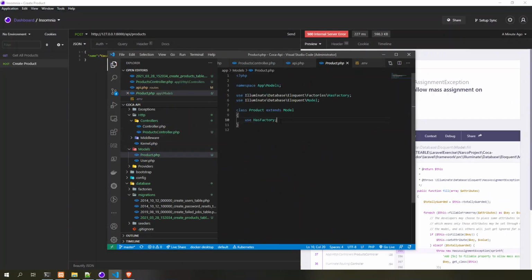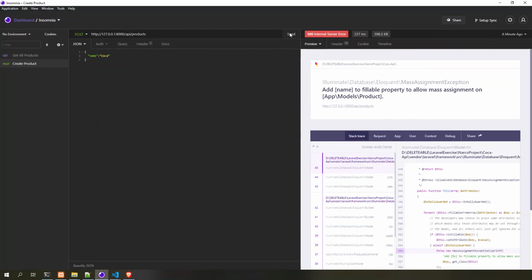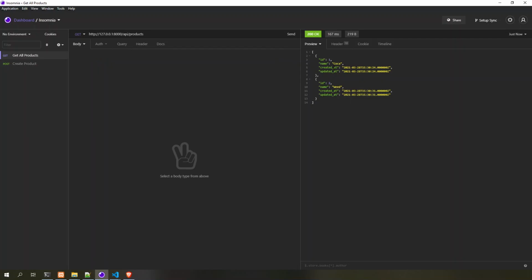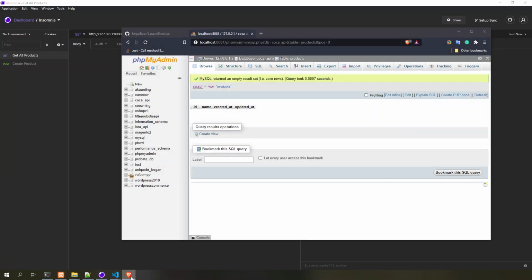If you go to model, we're using a factory here. We need a protected fillable here and name. Alright, so let's try again. Oh, it created. And weed. Alright, so if we're going to get all, we have two products of Pablo Escobar. And okay, so we have